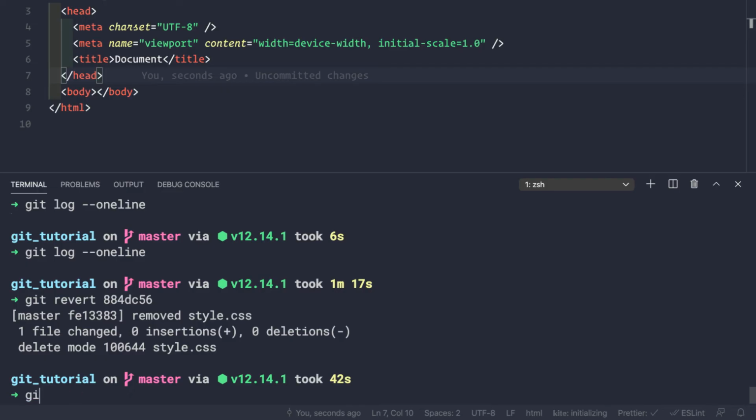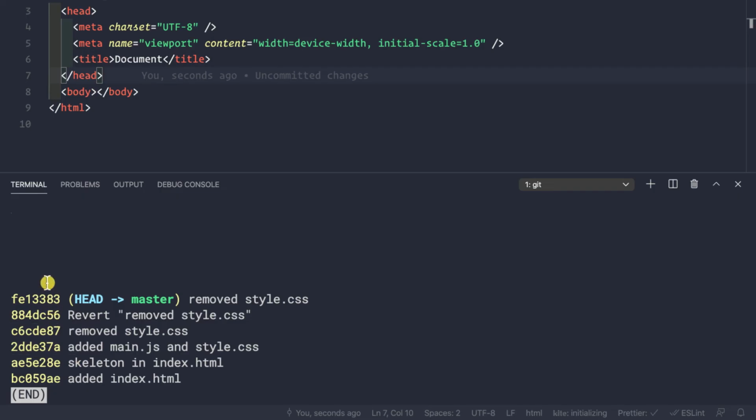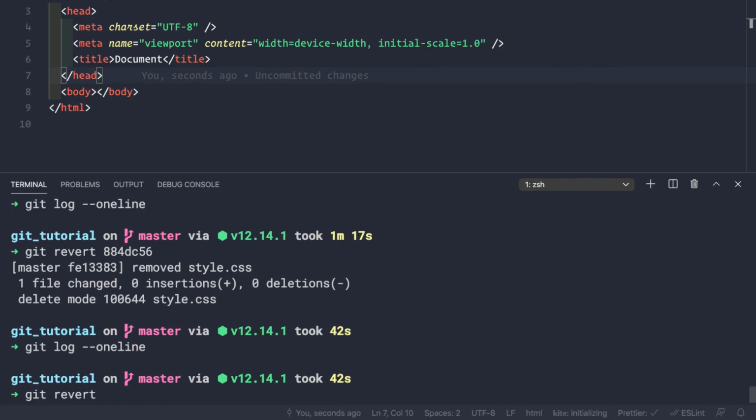And if we make the log statement here, that is git log --oneline, we see that we again have a new commit that reverted this commit, and this commit reverted this commit. So we see that we have our own message here instead of this revert statement. But typically it's a good idea to keep the revert keyword here. We have not kept the revert keyword here, but it's always a good idea to keep it. So now let's again revert this ID, where we can get back our style.css file, so then we can start upon this tutorial.